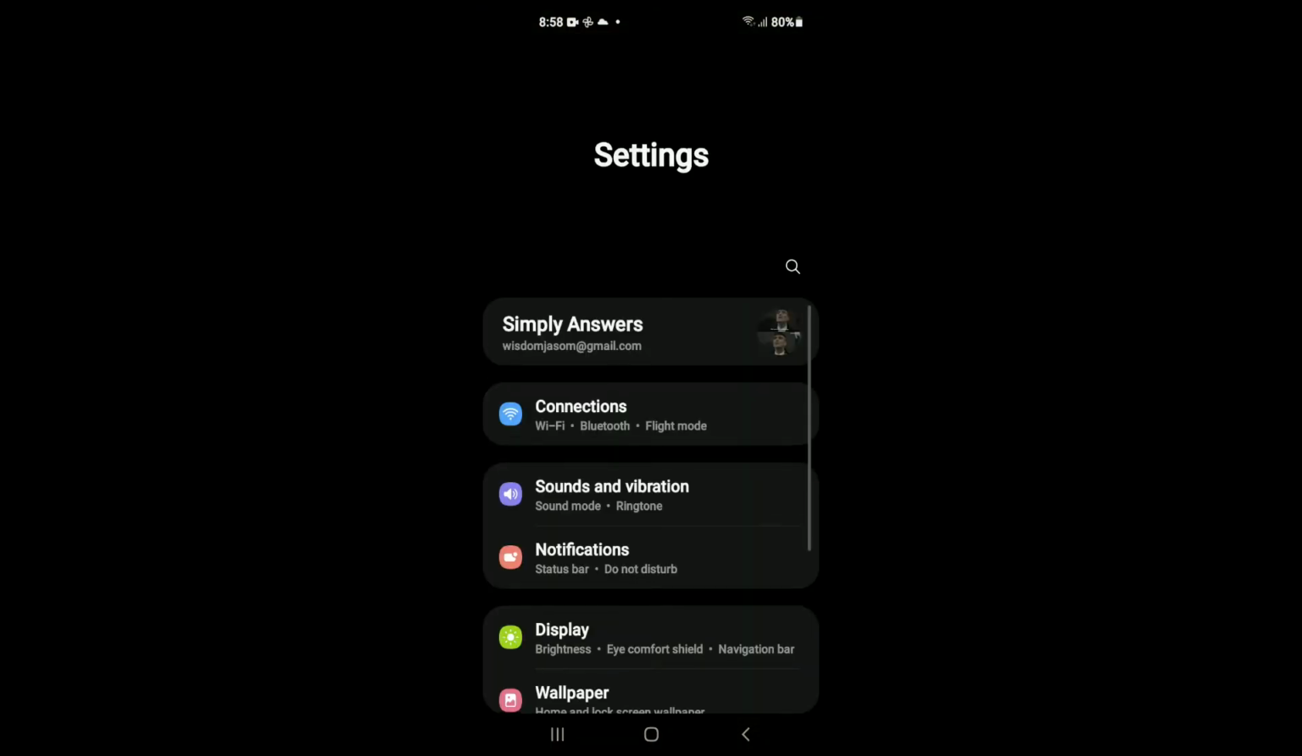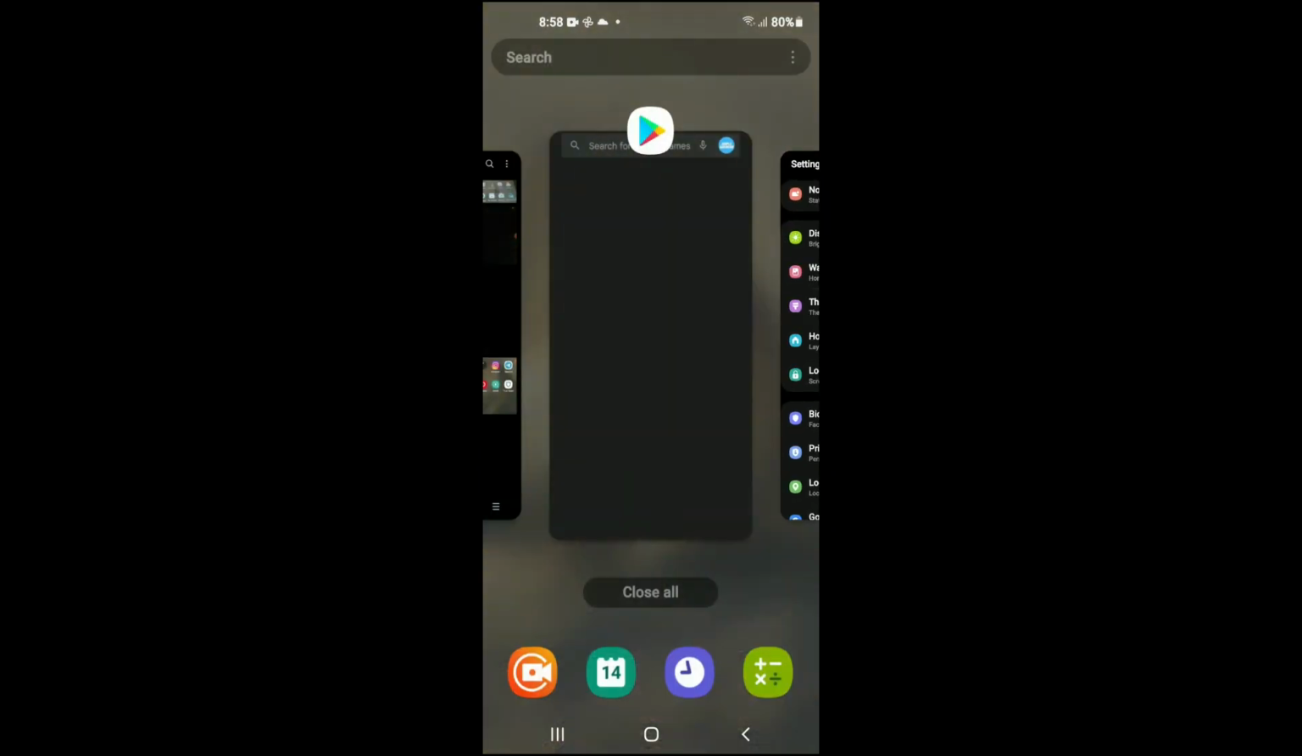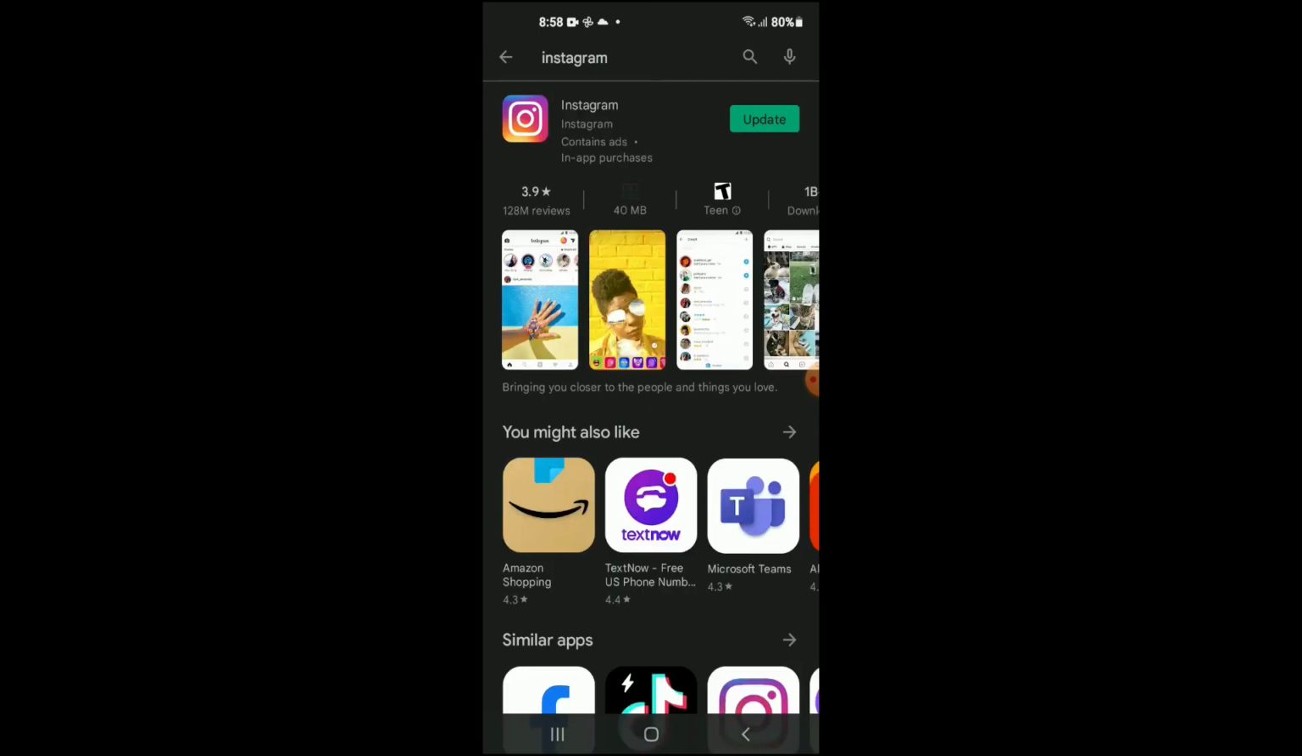Once in Settings, you're going to scroll down. But before we even do this, I would recommend that you go into Google Play Store. Better yet, search for Instagram, as you can see here. Then you want to find out if there's an update out for Instagram, because a lot of the time there will be an update out for the app, but because it isn't set on auto update, or some of the time it just doesn't automatically update, you'll need to go into Google Play Store and update it